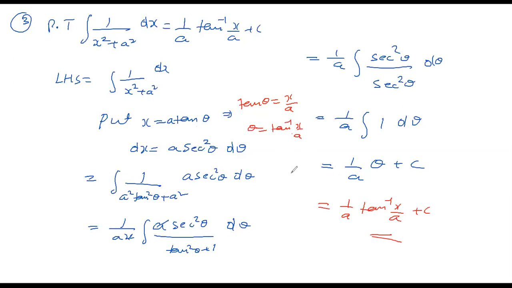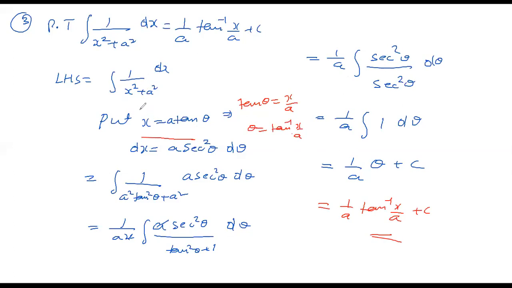Usually in a 5 marks question, 3 marks are for derivation and 2 marks for the sum, or 4 marks for derivation and 1 mark for the sum. If you take this part, you get 1 mark in the exam. Want me to explain? Sir, one more time. Okay, I'll explain one more time.